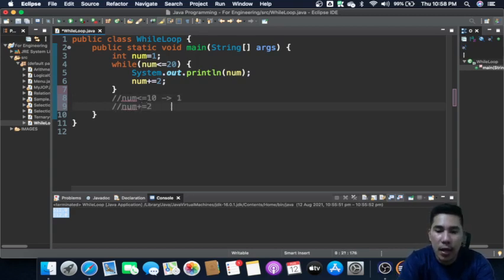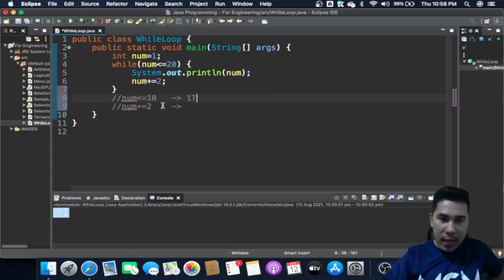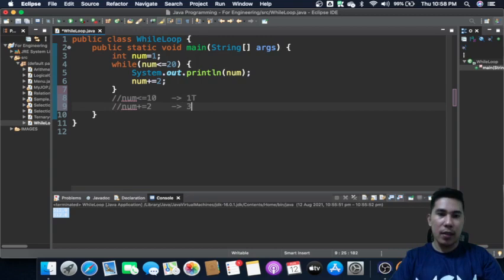So let's say, this is what we will do. So when num is 1, it's true, because you compare it to 10, is it less than, that's true. So basically what happens here is 3 because 1 plus 2 is now 3.